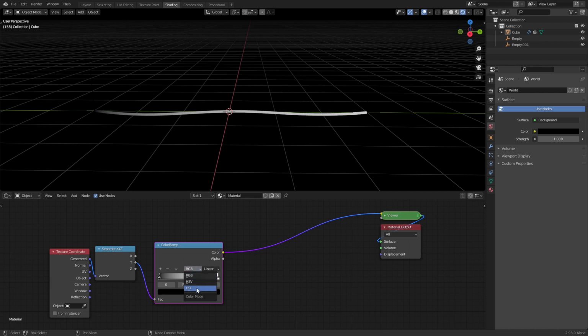Change this to HSL, far. It will go around this circle. So if we choose two colors that are close together, and we set it too far, it will go all around the circle, and we get these rainbow colors. Now we use an emission shader, connect the color here,